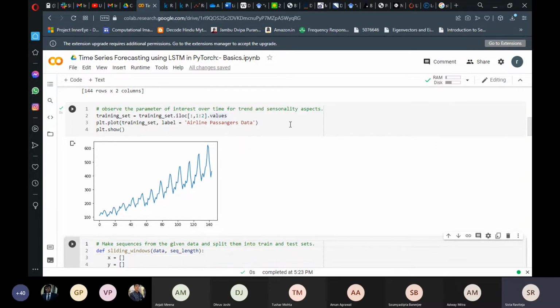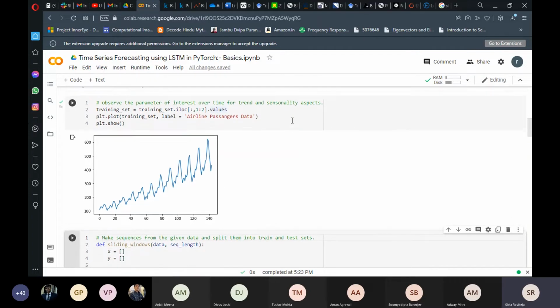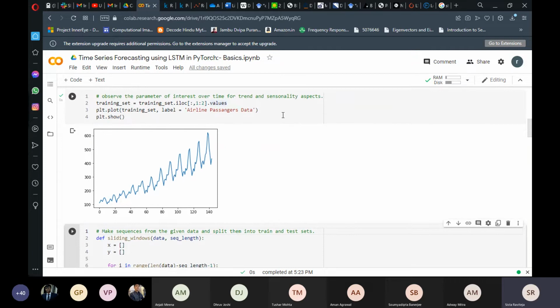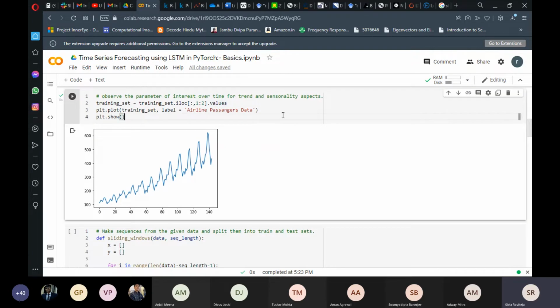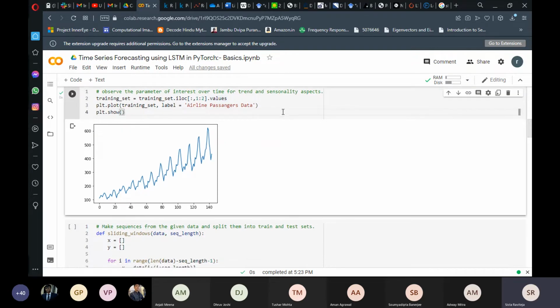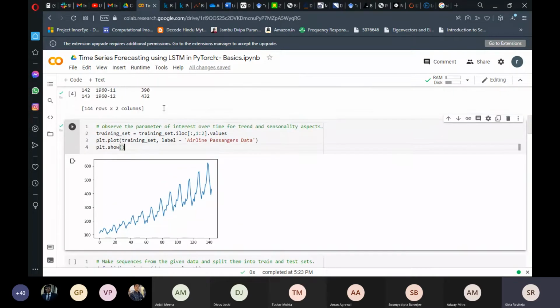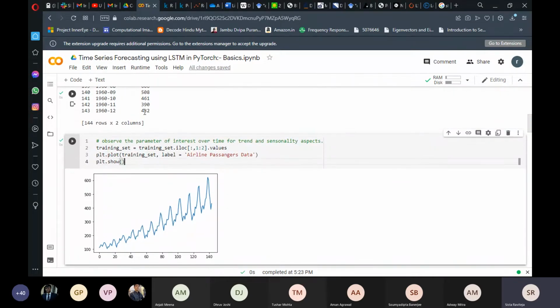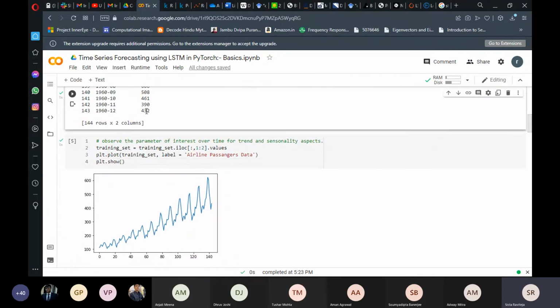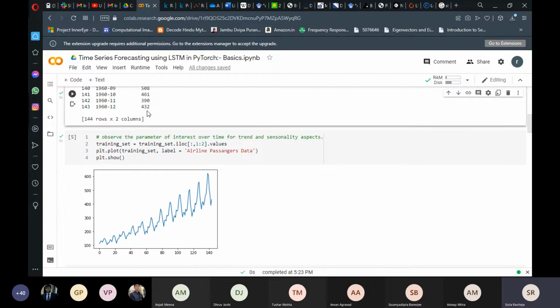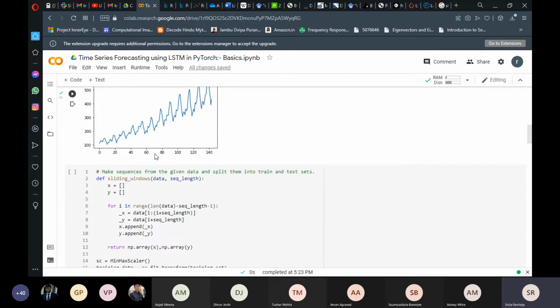Seasonality and trend are advanced topics which you might already know, so I'm leaving it to you to explore afterwards how to exploit them during training. What I'll be covering is, given this simple data set, how I can use a very basic LSTM model to predict the number of passengers in the future.